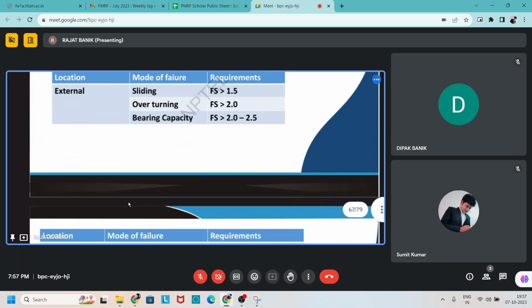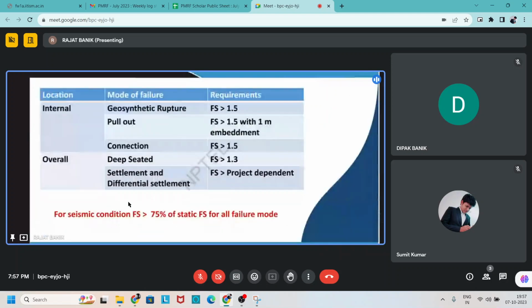Now for internal, which mostly fails by geosynthetic rupture, pullout, or connection failure. For geosynthetic rupture, the factor of safety is greater than 1.5, and for pullout with embedment it is greater than 1.5. For the connection, the factor of safety is also greater than 1.5. Overall,